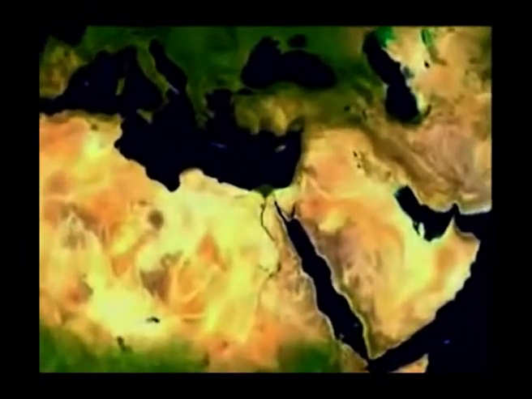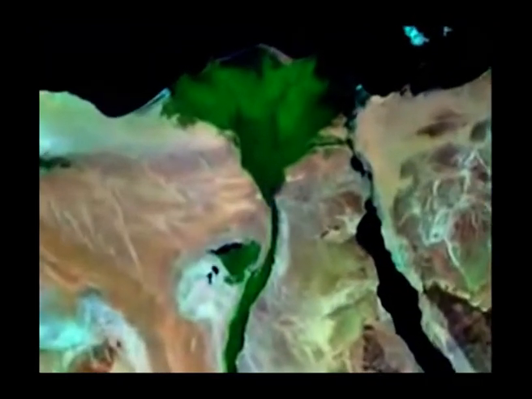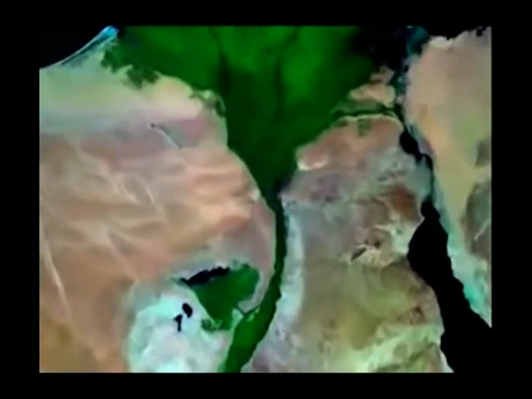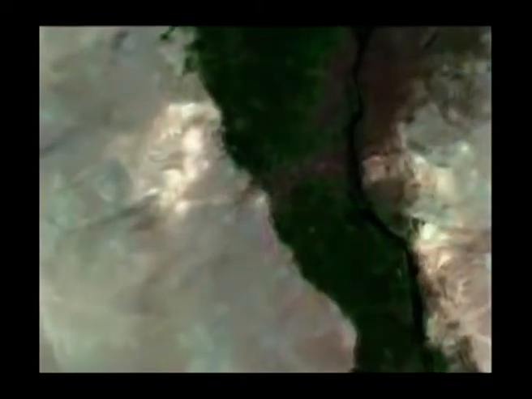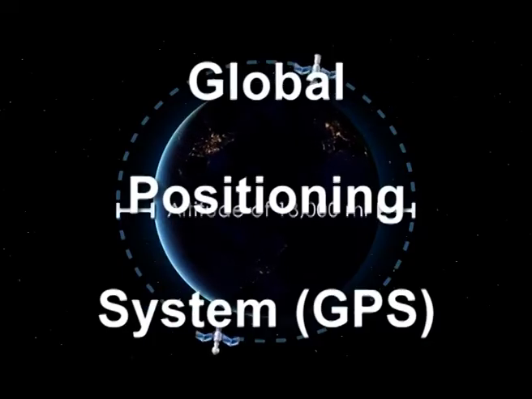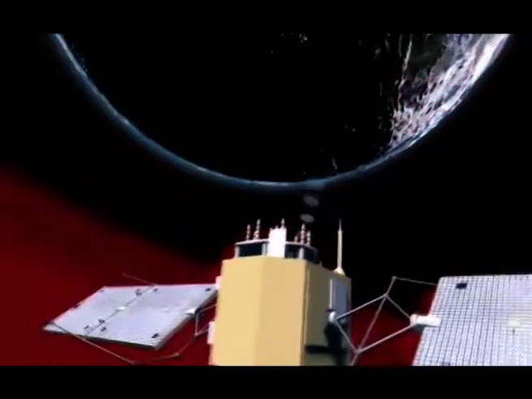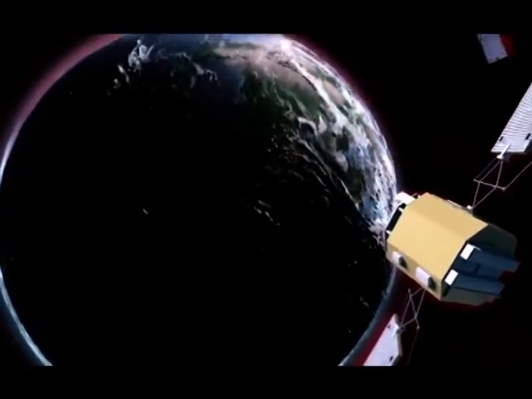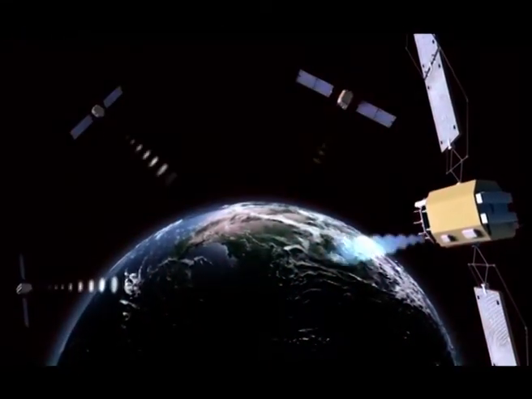It is designed to accept the large volume of spatial data derived from a variety of sources and to efficiently store, retrieve, manipulate, analyze and display these data according to user defined specifications. Global Positioning System, that is GPS. The advantage of GPS is that several satellites can be tracked simultaneously, which results in more accurate positioning.